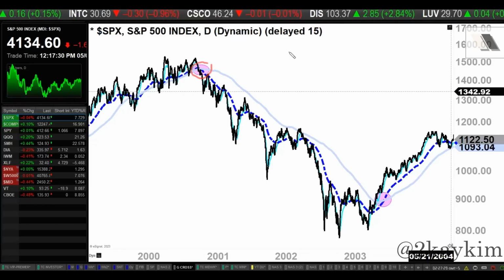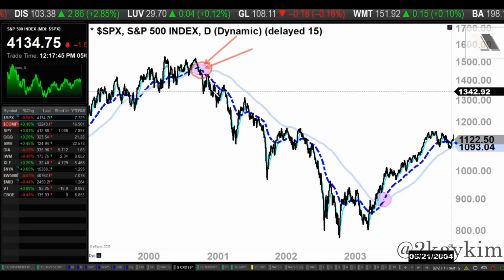And the market just went berserk to the upside. An unthinkable number. The market just went crazy to the upside, right? And then finally, after the market going pretty much vertical, parabolic from 1995 to 2000, you see the golden or dead cross right there. What do we do? That's a warning signal, right?